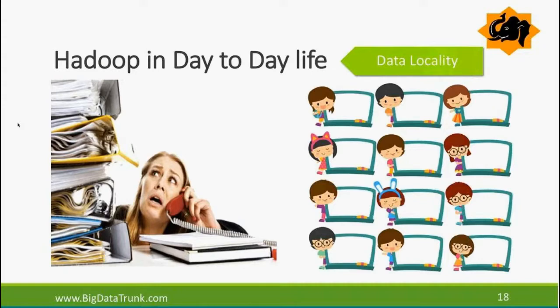Let that happen. So in my example, we had the 50 states, and each machine had one state's information. Instead of bringing all the 50 states' data into one place and then trying to answer, each machine started processing its own data. There was no movement of data. What was happening in the traditional world is you bring the data, you move the data around. Hadoop moves the program around.